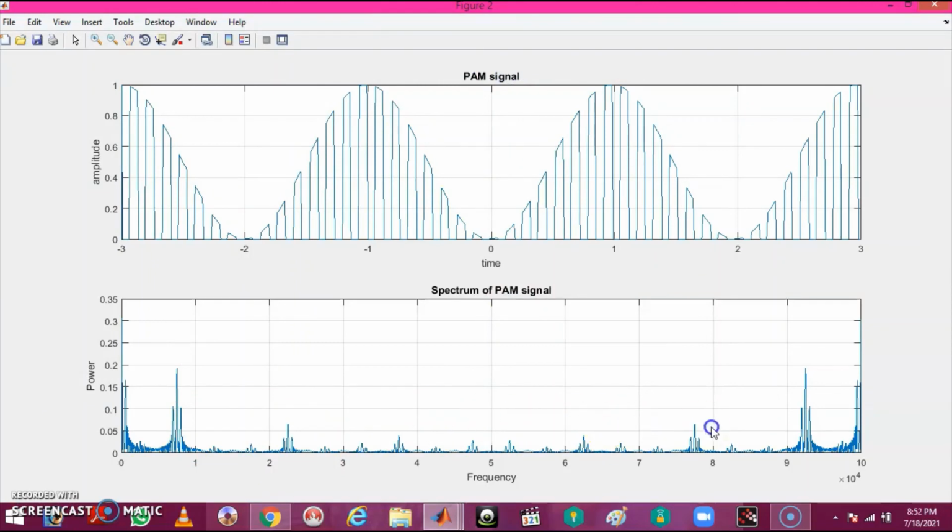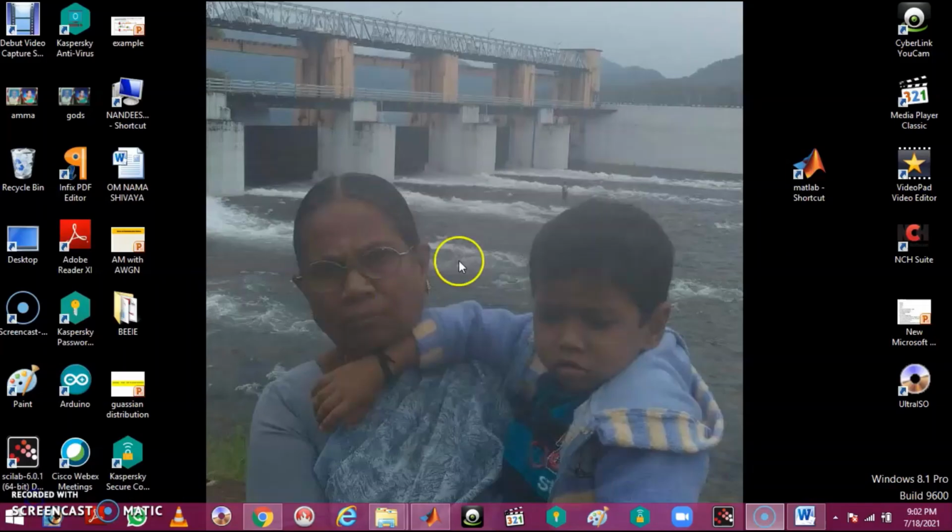So we have got the output of PAM, the PAM and its spectrum. Here we are plotting the first two diagrams, that is message signal and the carrier signal, in the first figure, and in the second figure we are drawing the PAM signal and its spectrum.